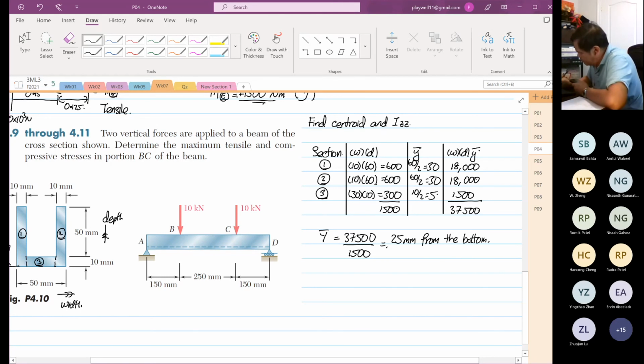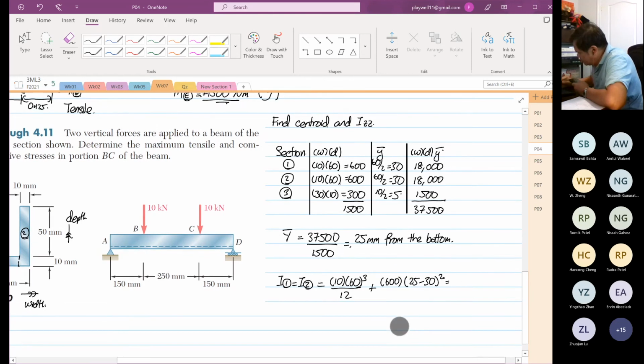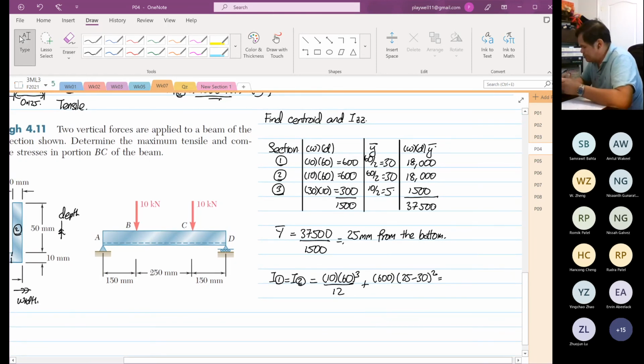Then we find our I1, which is equal to I2. So this is 10 times 60 cubed over 12 plus 600 multiplied by (25 minus 30) squared. So this will be equal to 10 times 60 to the power 3 divided by 12 plus 600 times (25 minus 30) squared, which is equal to 195 times 10 to the power 3